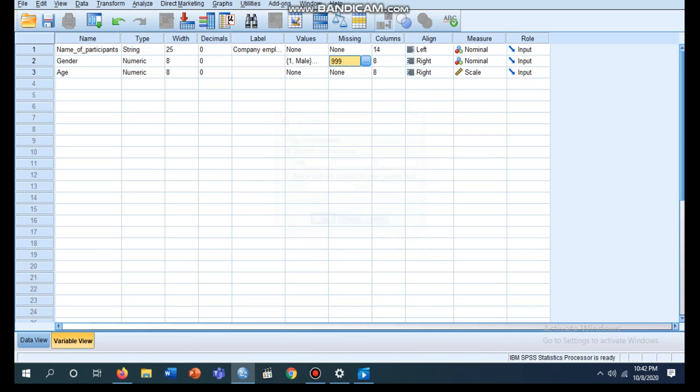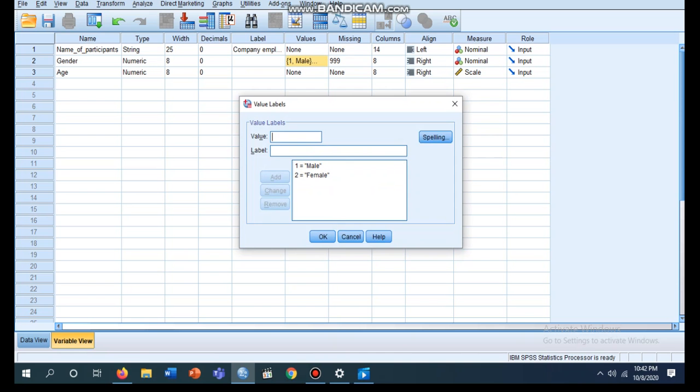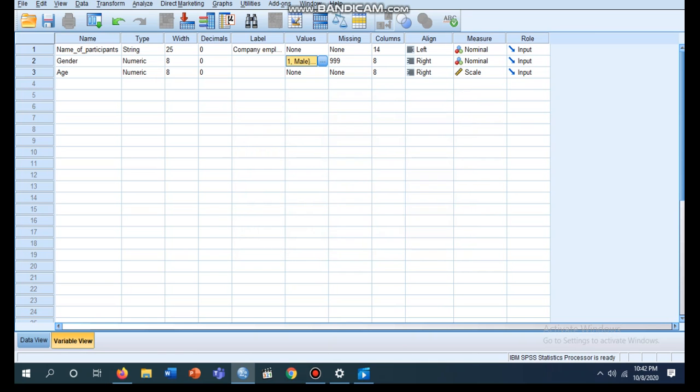Press OK. Then go to the values tab and enter 999 as the value and label it as no response. So whenever there is no response to a certain question, you will input 999 in place of that, right? You can do this for all of the variables.